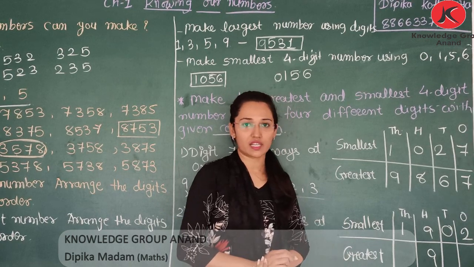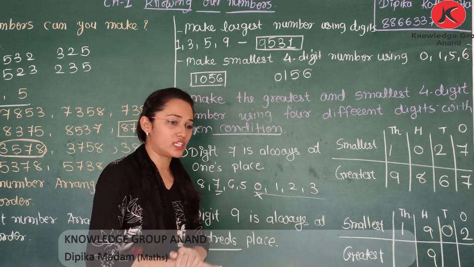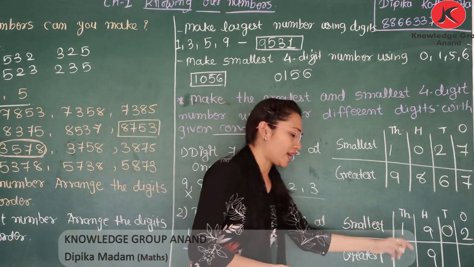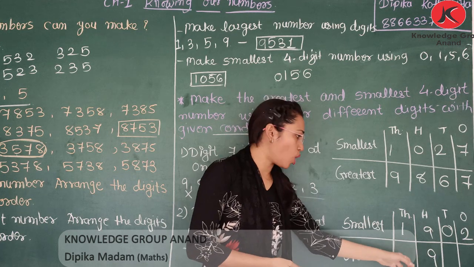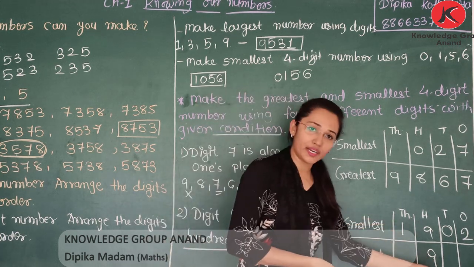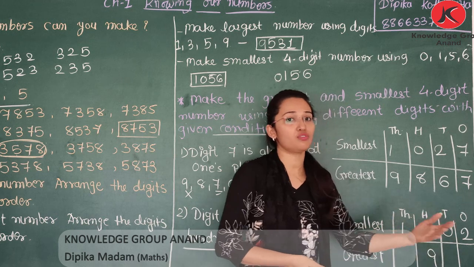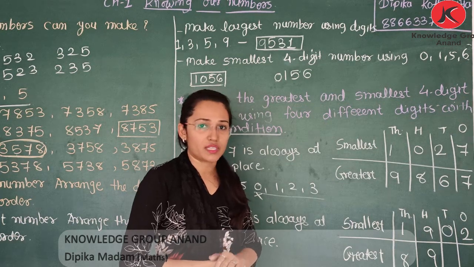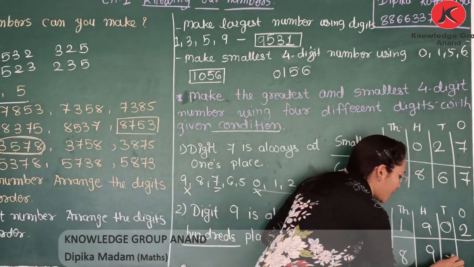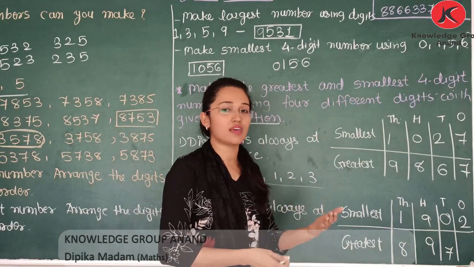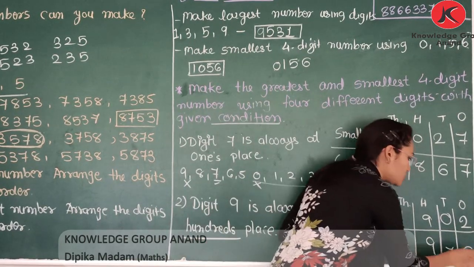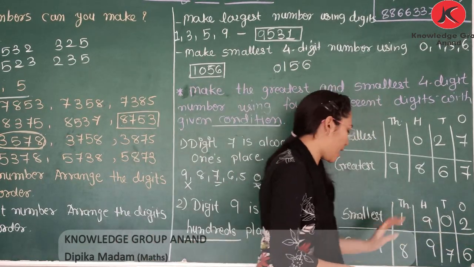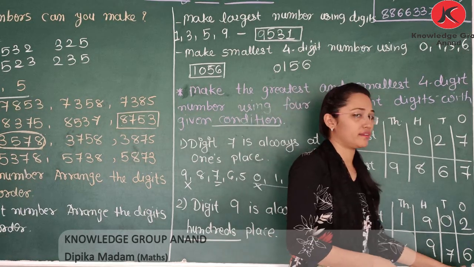Now to get the greatest number we need to select the digits from the last 9 8 7 6 5. So to get the largest number 9 will always be at the 1000 place, but already 9 is there in the 100 place. So we need to select the next number, that is 8. So 8 will be at the 1000 place. Next digit will be 7, that will be at the 10th place, and next after 7 there will be 6 at the 1's place. So this is the answer. Smallest number is 1902 and greatest number is 8976.